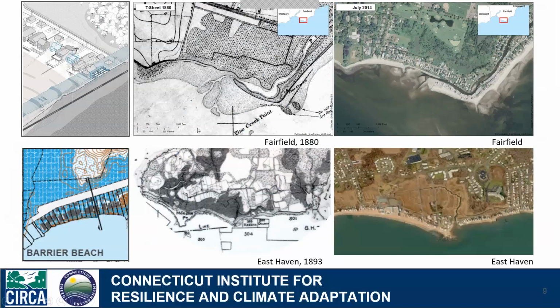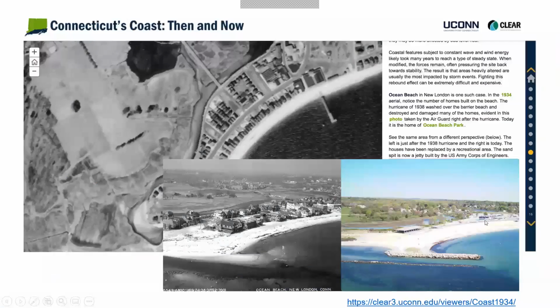So this first graphic really deals with the barrier beach condition with housing development across it, and you can see some examples. Fairfield on the top, looking at the configuration from 1880 and the development and housing that occurred across this area. You can see East Haven also has a barrier beach development on Cozy Beach, and you can see the development happening there. So these are just some examples of the geographic condition.